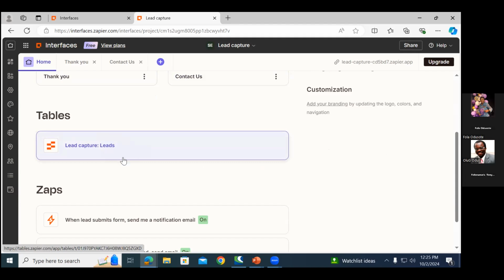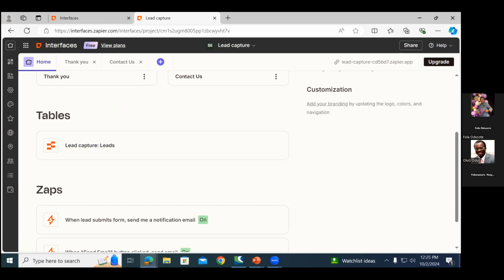And that table, I want you to think of it as a database or an Excel for those of you that are not familiar with databases. It's going to collect that information and store it in a no-code database. So you don't need to learn how to code your database. That means you can rely on this to generate your data